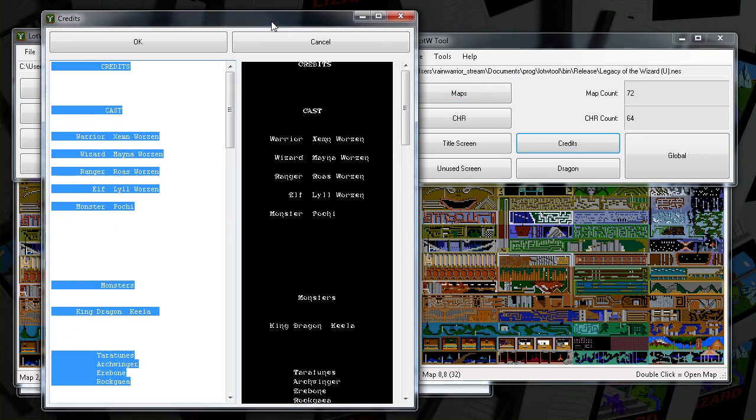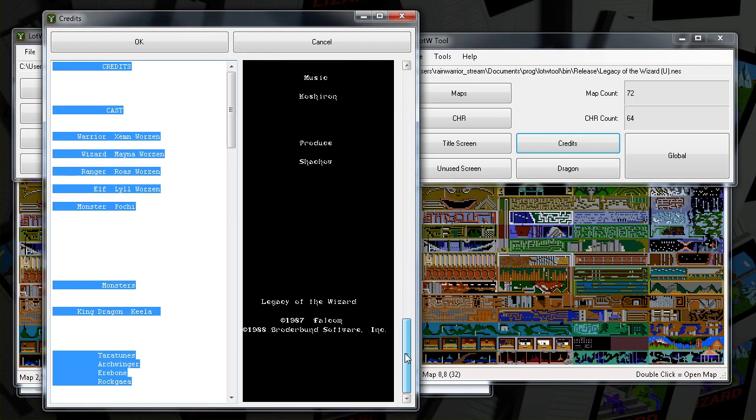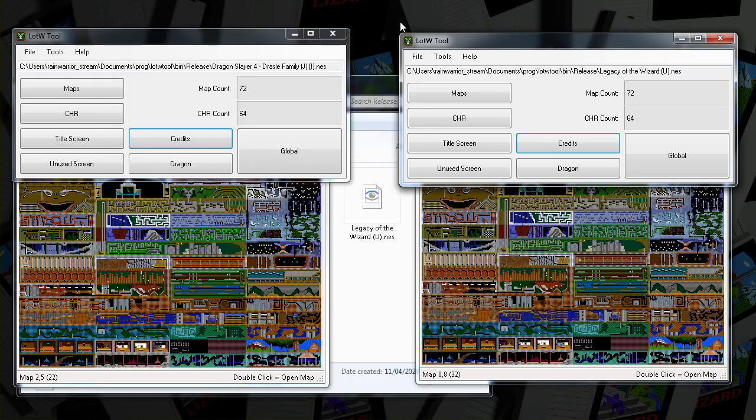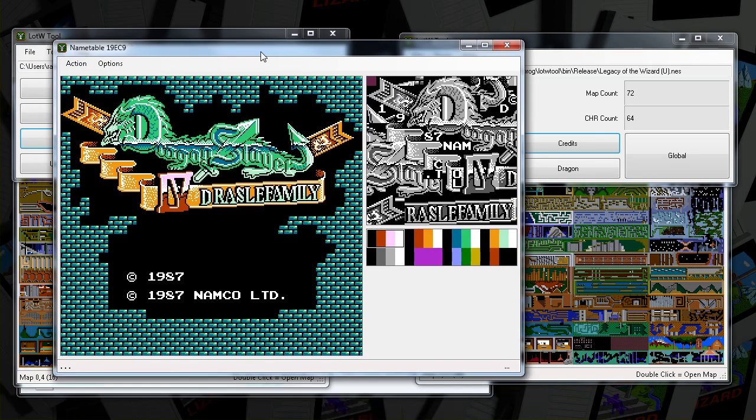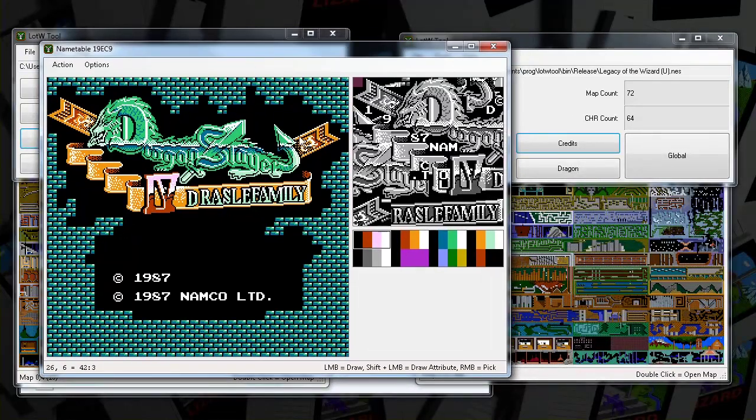And here in the North American version, you see Broderbund, the publisher, and Falcom, the developer. But here you can see this is the Dragon Slayer 4 title screen. So this was from a series of games in Japan rather than just being a one-off thing.